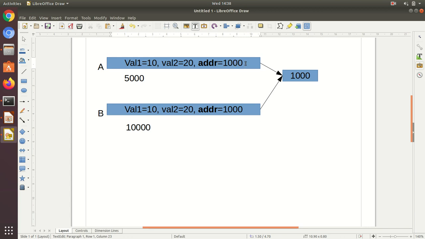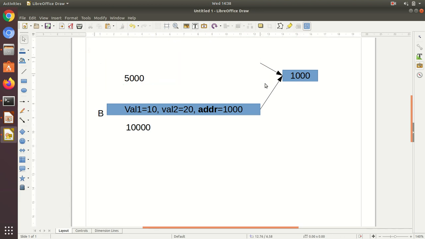So in the destructor, it will call delete to remove this address. That means when A is getting freed up using the delete operation, it is also freeing up this memory which was dynamically allocated by A.